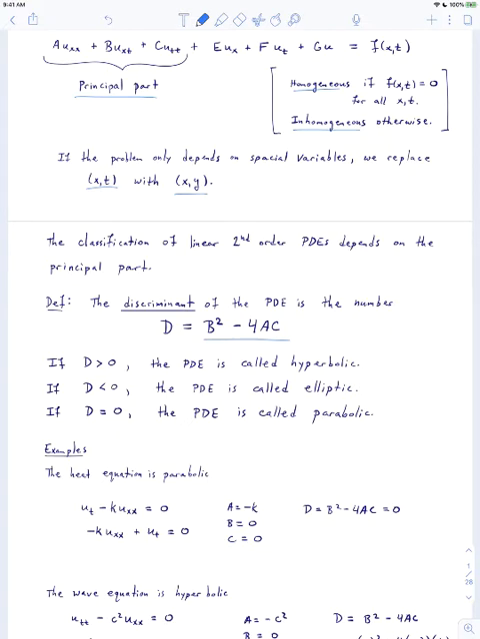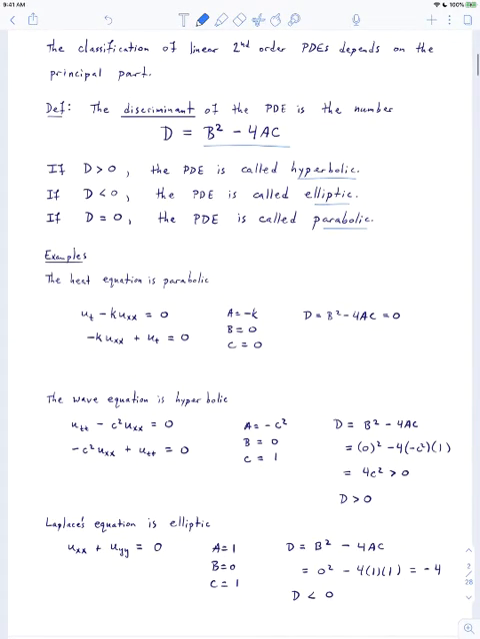If D is greater than 0, the PDE is called hyperbolic. If D is less than 0, the PDE is called elliptic. And if D is equal to 0, the PDE is called parabolic. So these names also come from the study of curves in two-dimensional space, and it's no coincidence that they're called these things. So we've seen examples of second-order partial differential equations, and